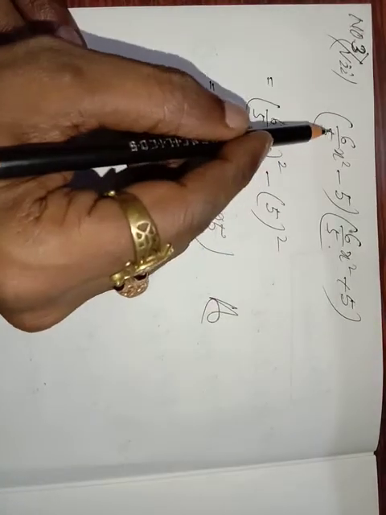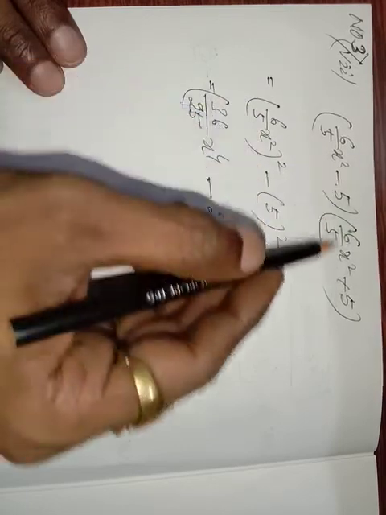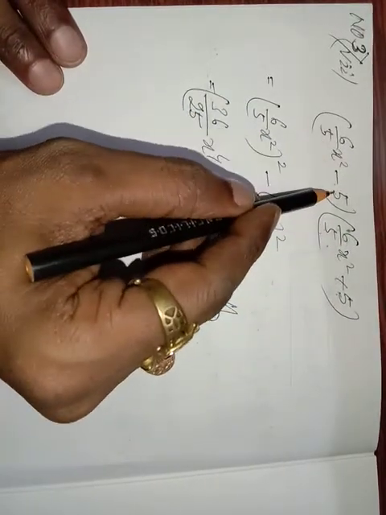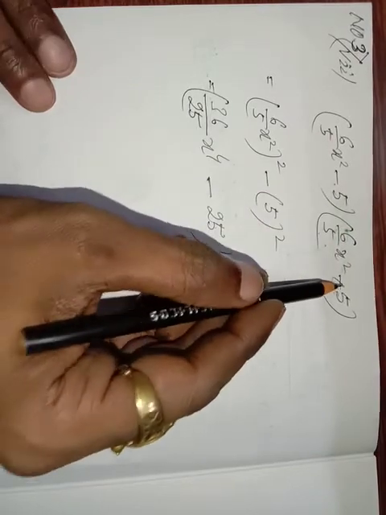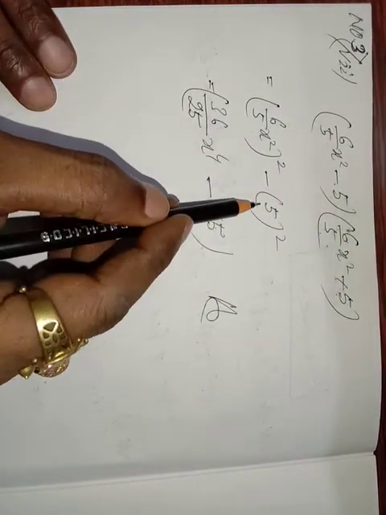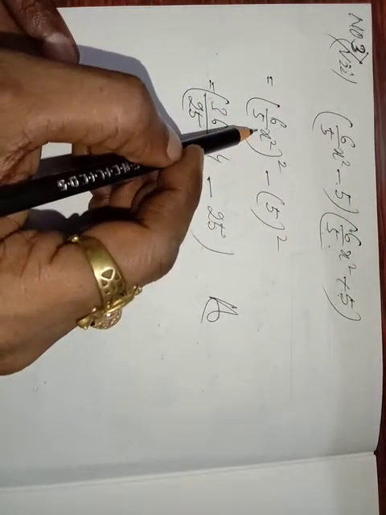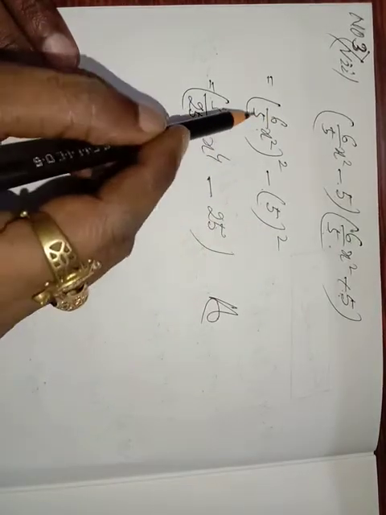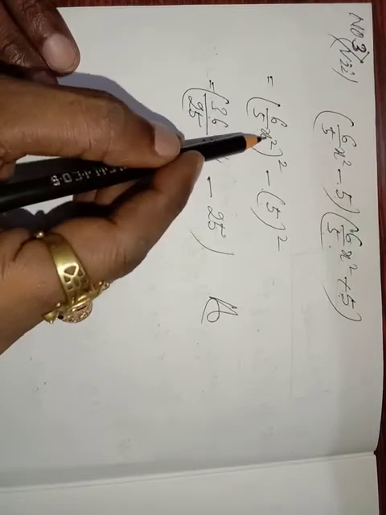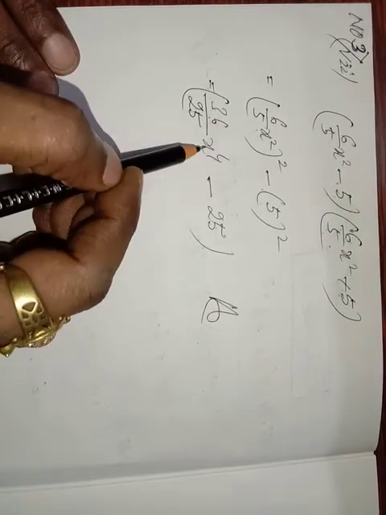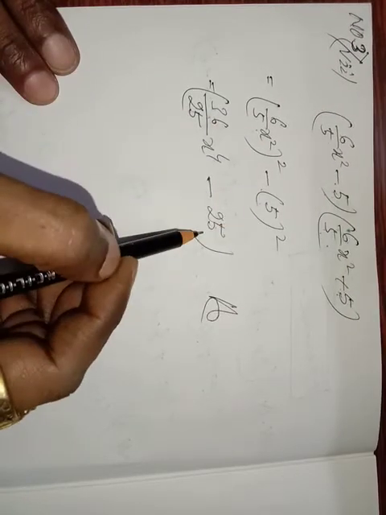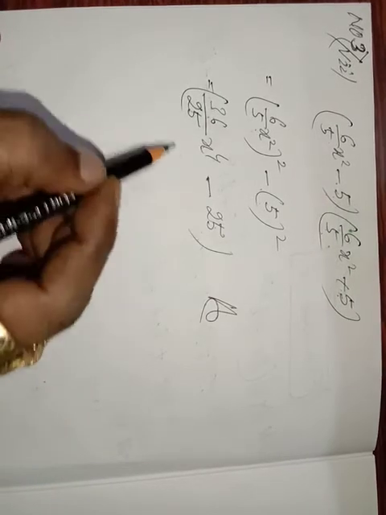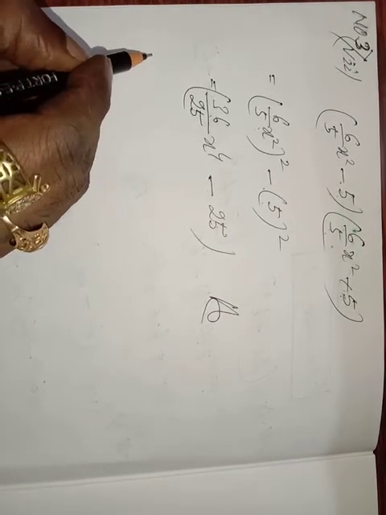Question given: 6 by 5 x square minus 5, 6 by 5 x square plus 5. Using the formula a minus b, a plus b, we are getting a square minus b square. A means here 6 by 5 x square whole square, minus b means here 5 whole square. 6 whole square is 36, 5 whole square is 25, x square whole square equals x to the 4, minus 5 whole square will be 25. This is the result. I hope it is clear for you. Going to the next part, that is 8.